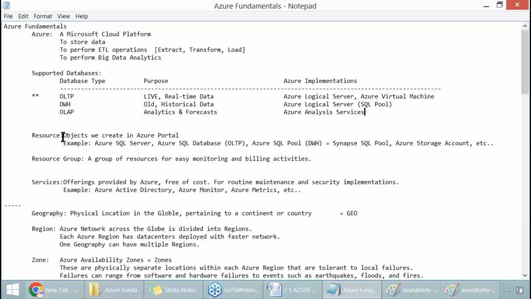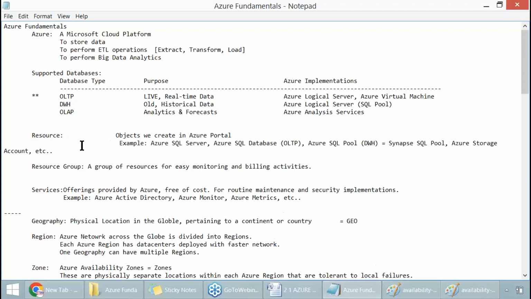Here comes the concept of resource. What is resource? Resource means any component we create or simply say buy from or in Azure cloud, from Azure. For example,